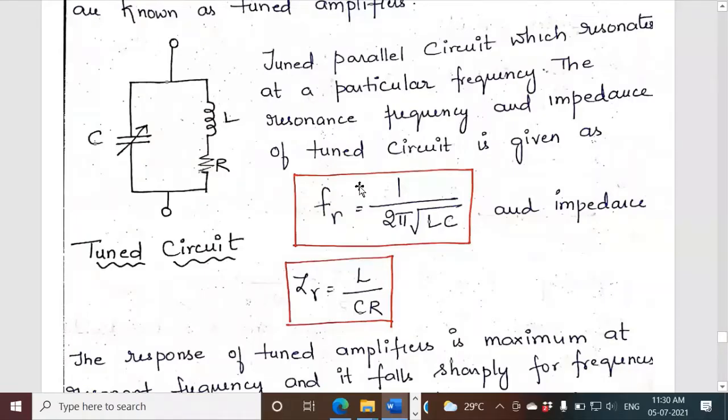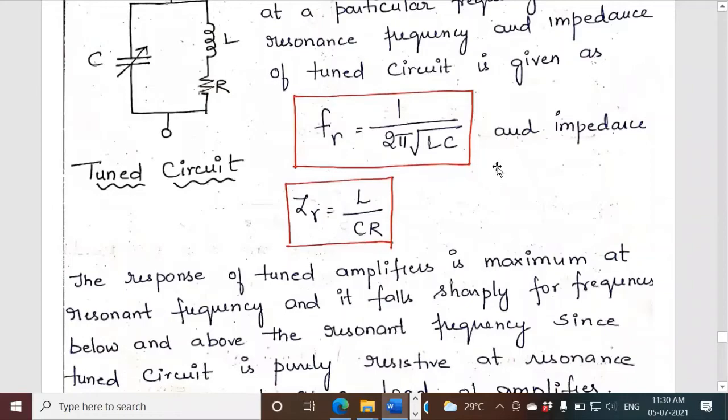And in the equivalent impedance of this particular network, when you put the imaginary part equal to 0 and simplify, the real part that we get is simply L by CR. So it is very simple mathematics, something similar we have already done. Probably you have studied resonance up to 12th standard, so at this level we are not going to derive it. You just take pen and paper and practice, you will get the same thing, or recall what you have studied up to your 12th standard.